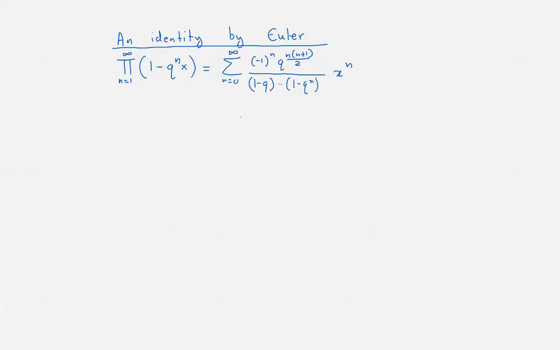Okay, so we would like to show this identity by Euler, and let's also notice that this is equivalent. Just replace x by negative x with this identity. Depending on the context, one might want to use one or the other. So let's just